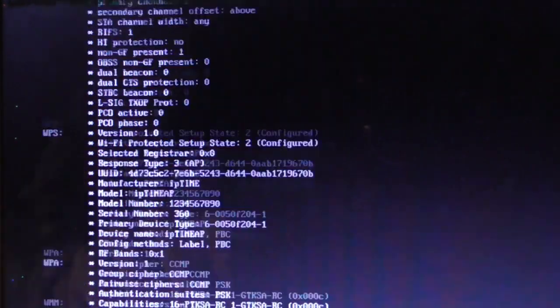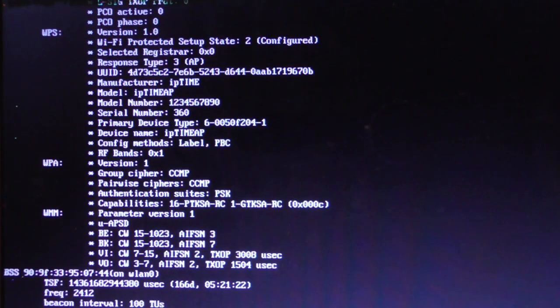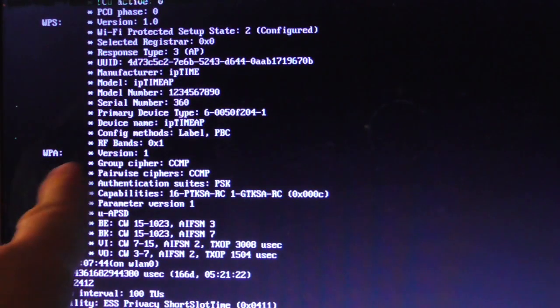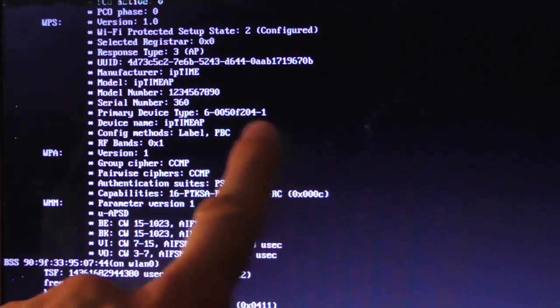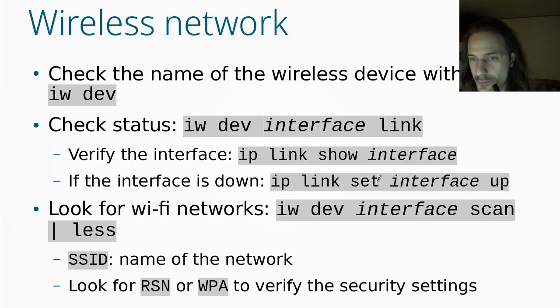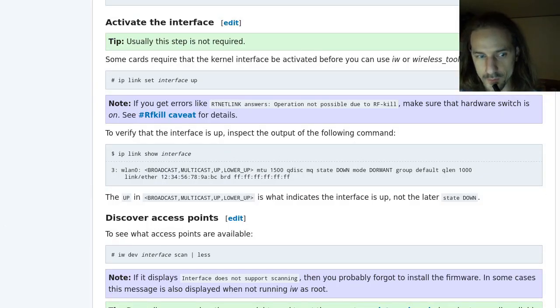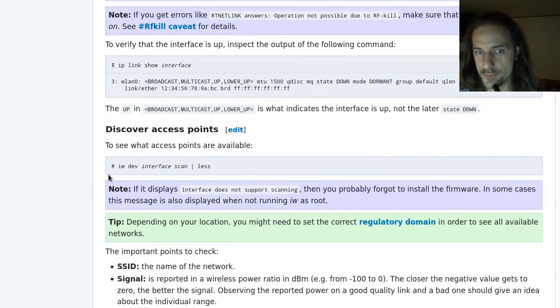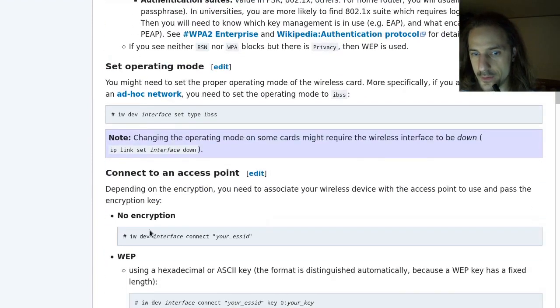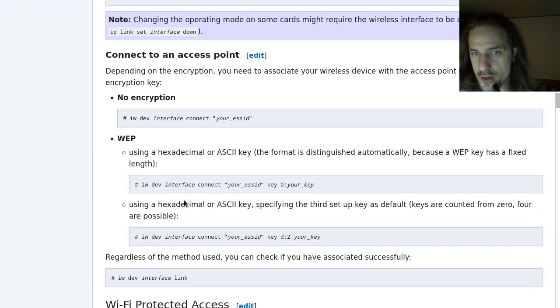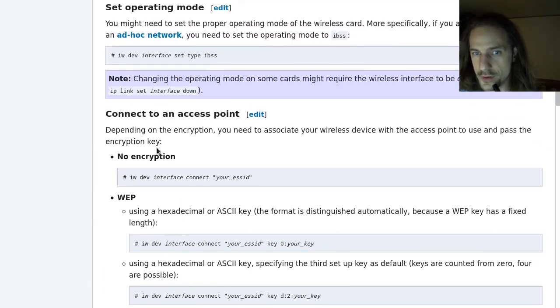So for example, in this case, we can see the SSID here, and we can see that there are WPA security settings for this network. Okay, so now that we see that we have RSN or WPA security, we will need to use the iwd suite to connect. This is of course also written down here, that if you have security which is not WEP, then you will have to use